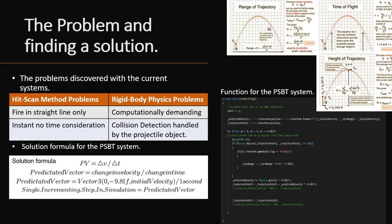If we put this into a computer system like this, it would be computationally heavy, as sin, cos, tan, to name a few, are computationally demanding on hardware. There has to be math that is more suitable to video games to calculate a trajectory rather than a difficult formula like this. It was broken down at the core, and the question was asked: